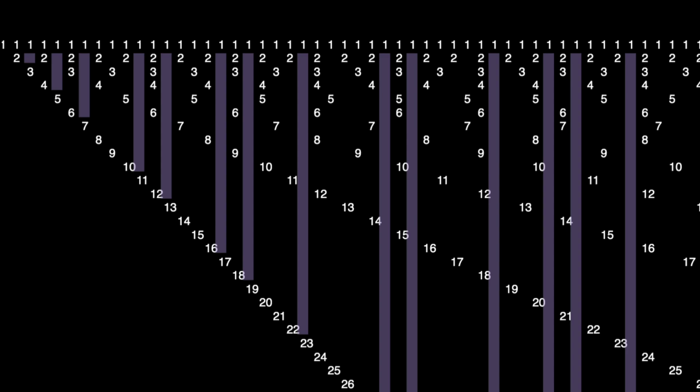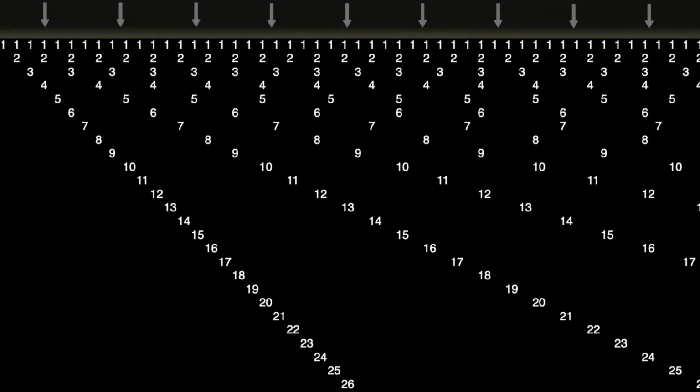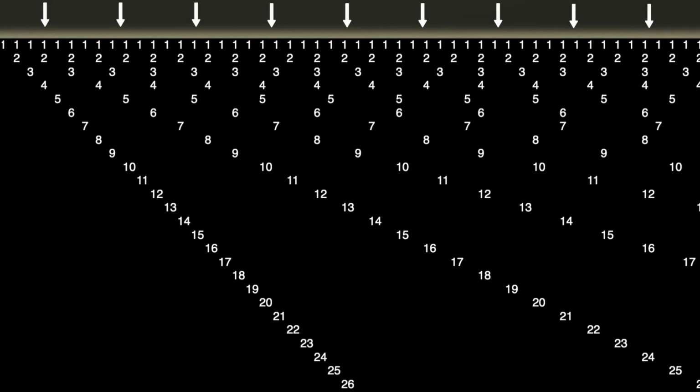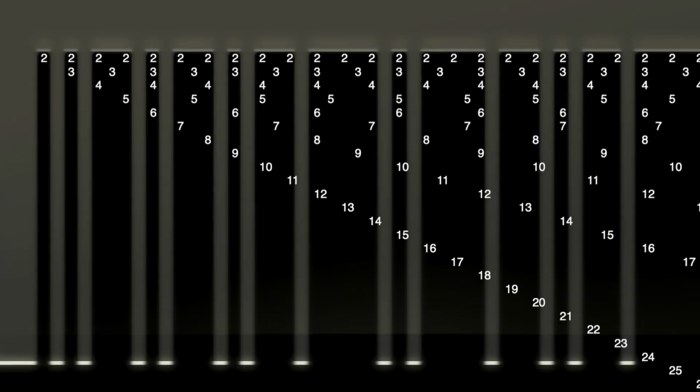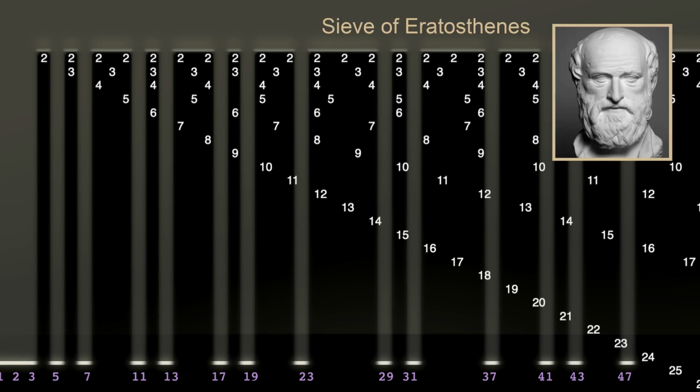Now imagine if these divisors could cast shadows from a light shining down on them. If we remove the row of 1s and the diagonal reflection of the number line, the light is able to shine through the gaps. So this pattern serves as a visualization of the sieve of Eratosthenes, one of the oldest